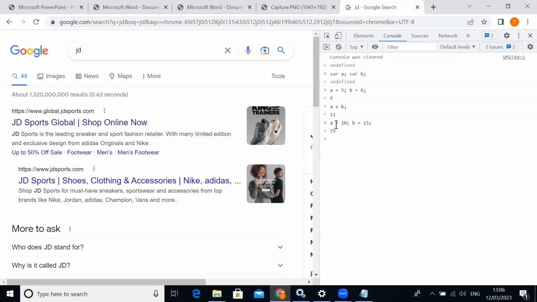And let's write an expression A plus B. What do you think will be the result? 35. Get it? So anytime we pass expressions to the computer, it will evaluate them and give us a result. Sometimes we can store the result of an expression inside another